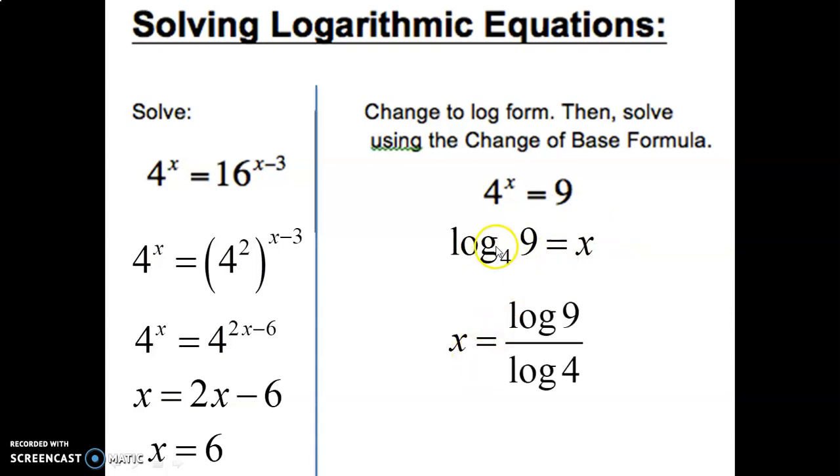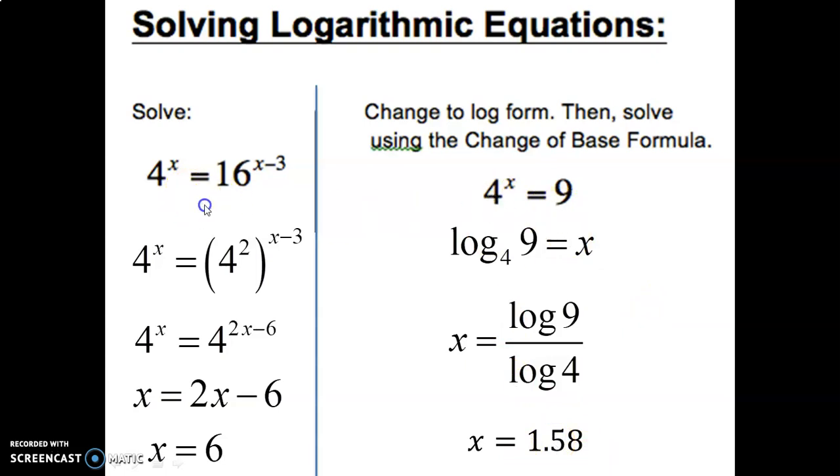When we do change of base on that, we can write log of 9 over log of 4, right? This number over this number. And log means here log base 10. So I changed the base from 4 to 10. This can easily be calculated now. Punch that in your calculator, and you get 1.58. Okay, so using logs and change of base allowed us to find an answer,